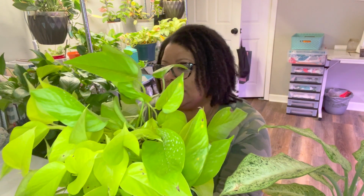So you can see her leaves have some black or brown specks on them. What I'm thinking is she might be, I don't know. I think I've seen that happen when the leaves are having a little bit of a problem getting open. So maybe she might be adjusting to the humidity. I don't know. But you'll notice a lot of these plants, this one is another